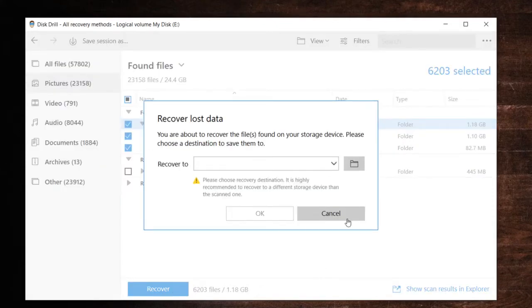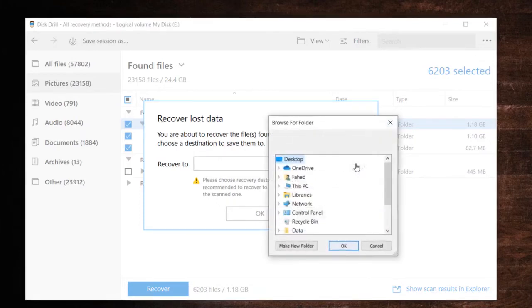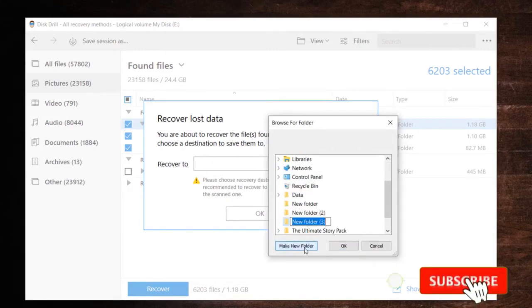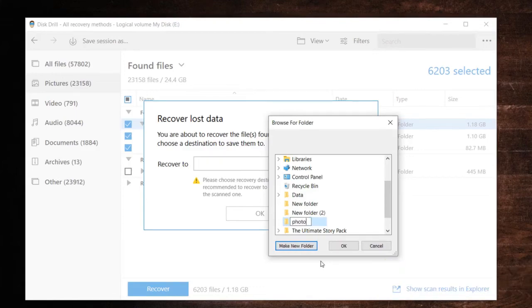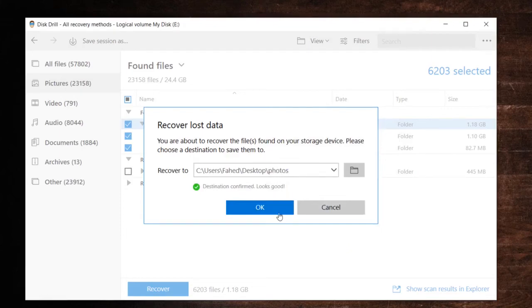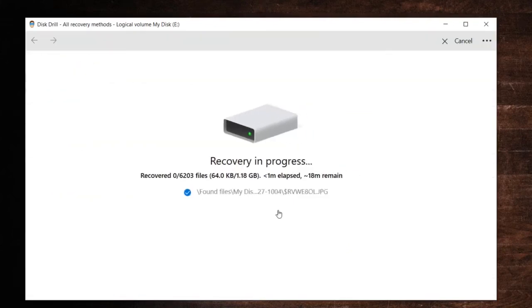A dialog box will be displayed in which you select the location at which you want to store your recovered data. Don't use its original location where the data was lost, as this can lead to data corruption while the recovery is being performed. After selecting the recovery location, click the OK button.